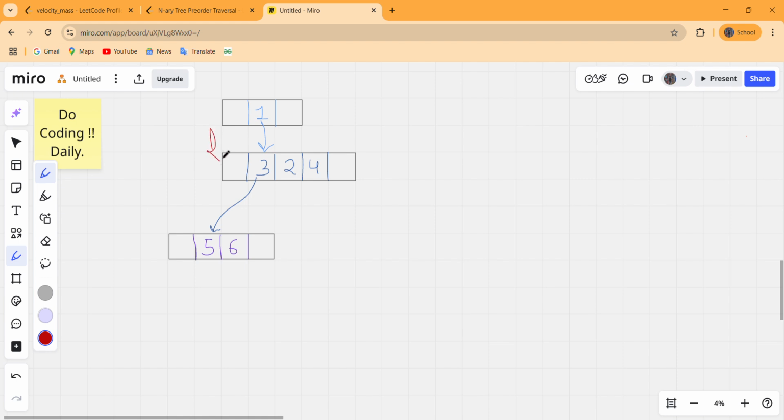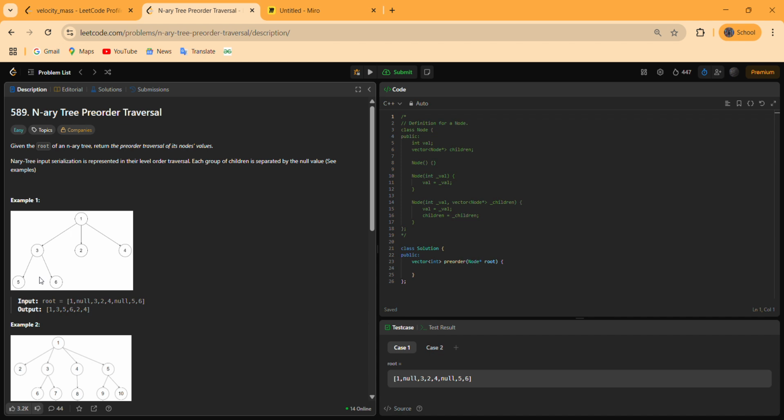So this one contains the address of this, and this is pointing to this vector. Now this one has a reference for its children, this 3 has a reference for its children 5 and 6, and this is basically the structure of this N-ary tree input, example number 1.